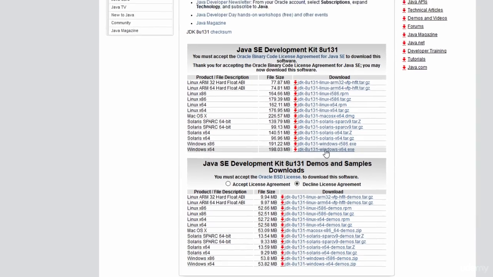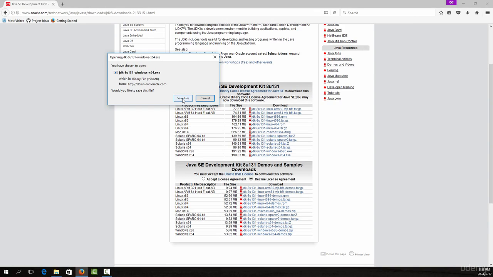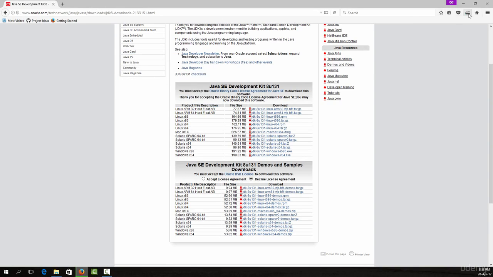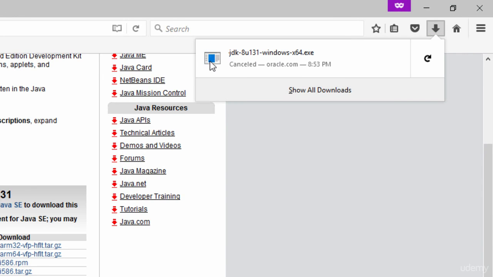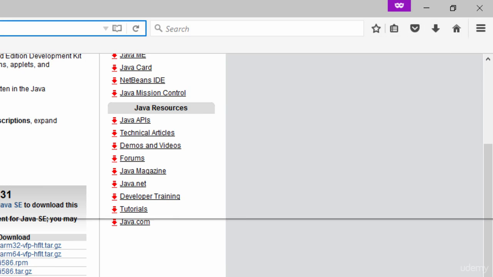So I'm going to click over here, and once you click here, you just need to save this file, and once the file is downloaded, you will be able to notice the downloaded file over here. So once it is downloaded, you simply need to open this thing up and go through the installation procedure for installing Java JDK on your computer. I'm not going to explain the installation steps because it's quite easy and obvious. So you just need to go ahead, go through the installation, and once the installation is completed, you again need